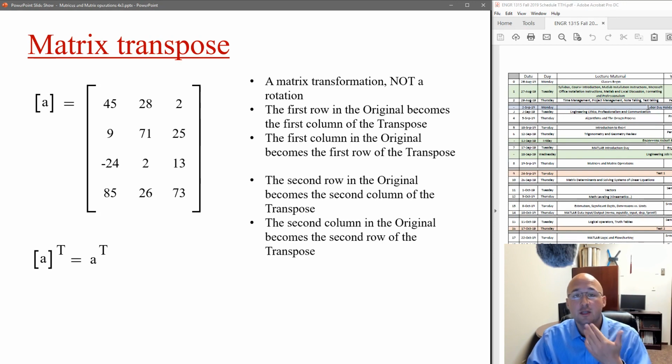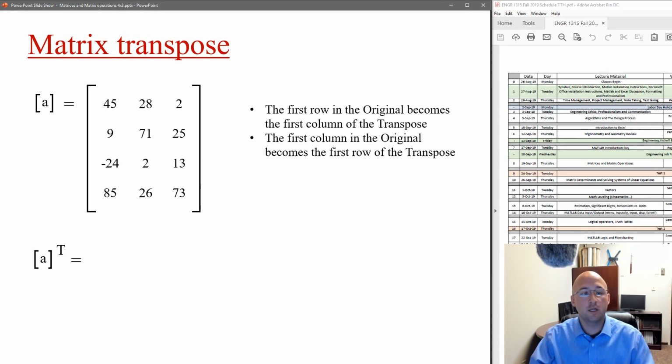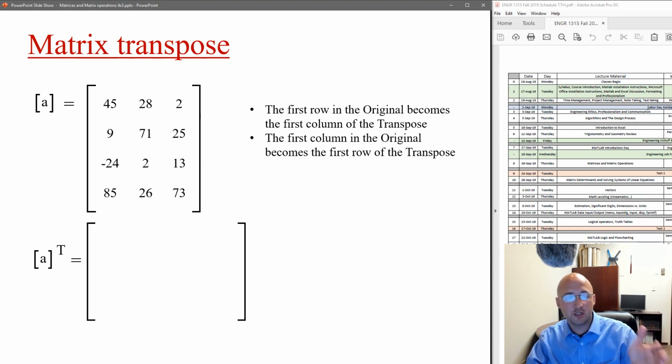We're going to put, again, I've got some numbers for you. We're going to play with this. It's going to make sense in a minute. But more abstractly, the nth row becomes the nth column, and the nth column becomes the nth row. Well, let's focus on the one we have. So the first row becomes the first column. Let's put brackets up. Our original is a 4 by 3. Our transpose will end up being a 3 by 4